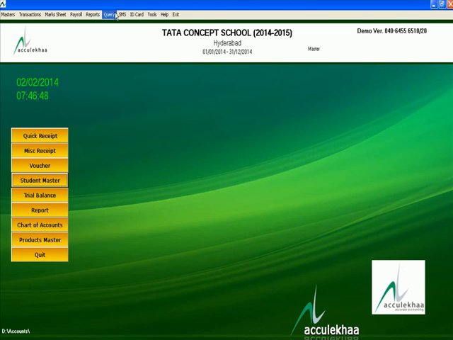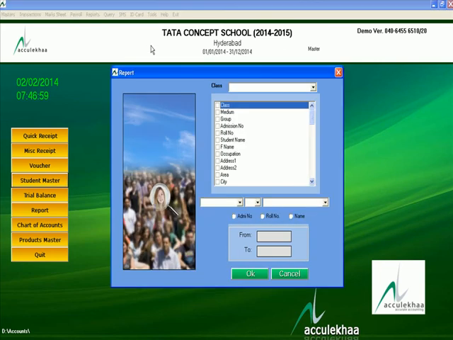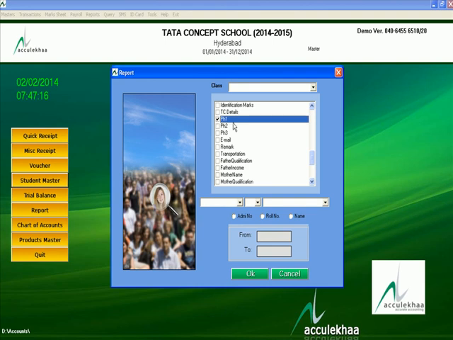For that you have to go to the query, click the user define, or you can use the shortcut key Control Q. You can select the admission number, student name, father name, and mobile number, or date of birth, or any other field whichever you want to see on the screen.